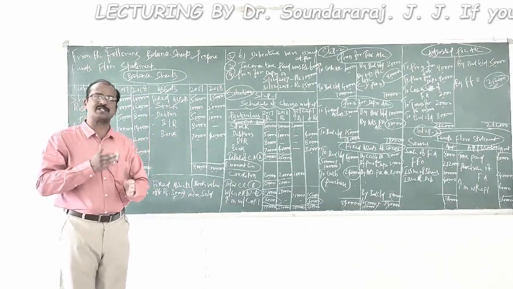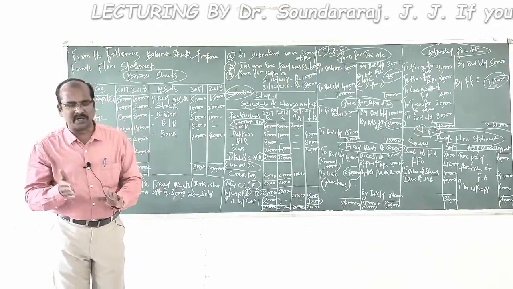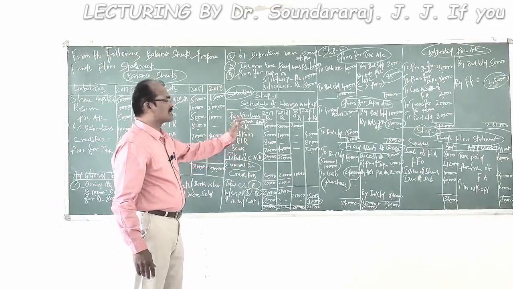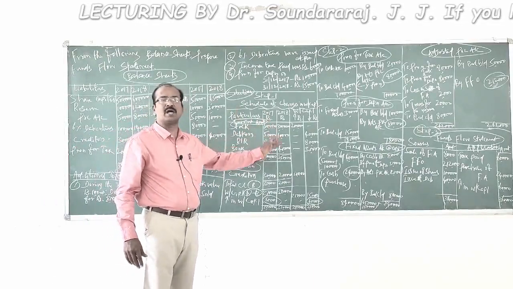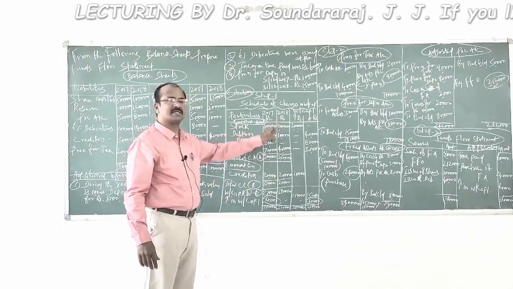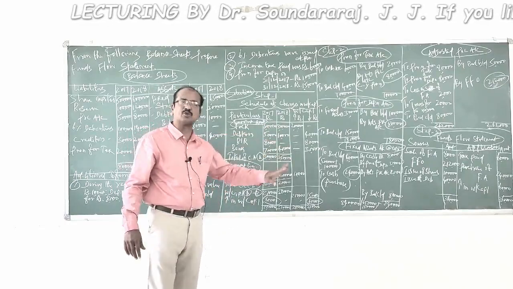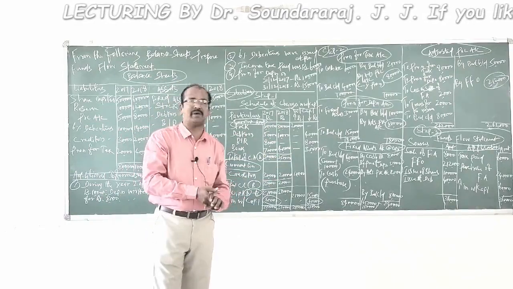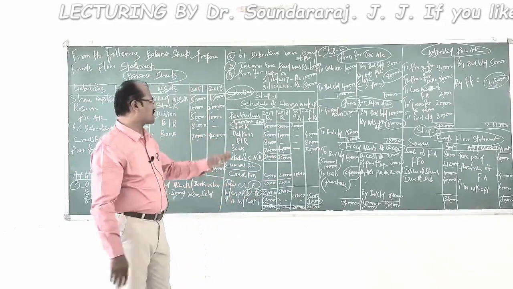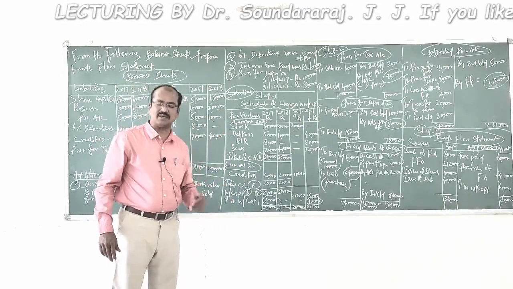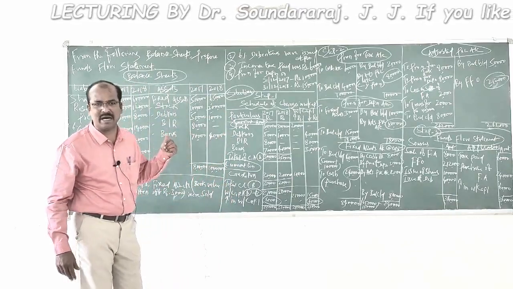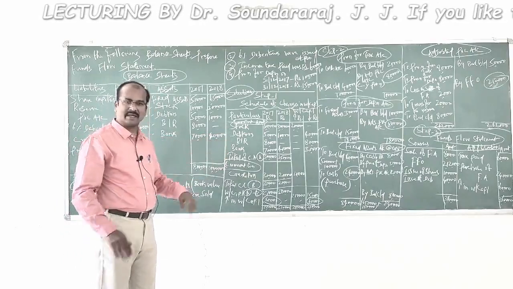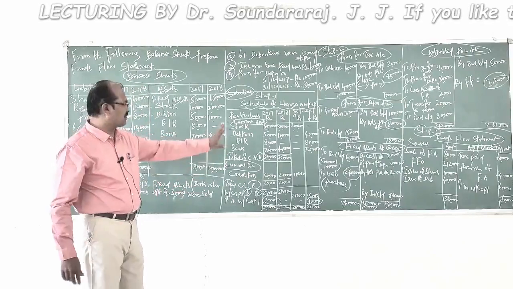Now let us get into step number 1, which is nothing but preparation of the schedule of changes in working capital. As usual, you find the columns titled particulars, and the first amount column is for the previous year and the next column is for the current year. Then the last 2 columns stand for increase and decrease in working capital. Fine. Now let us record the list of current assets which we have identified from the balance sheets of this company: stock, debtor, BR, bank. These are all the current assets we identified that we have recorded.